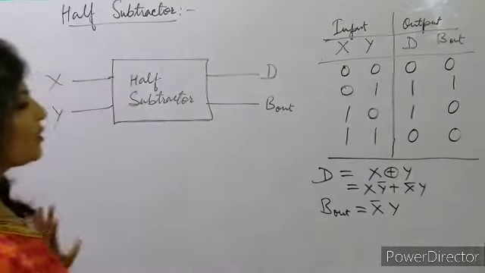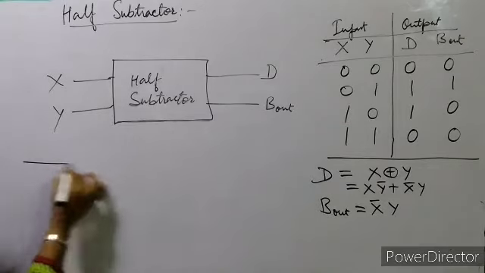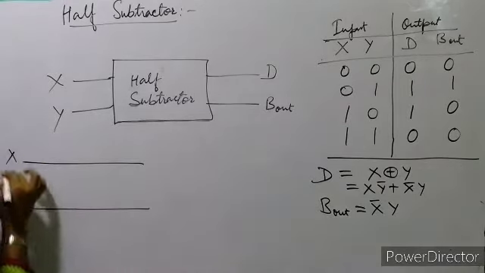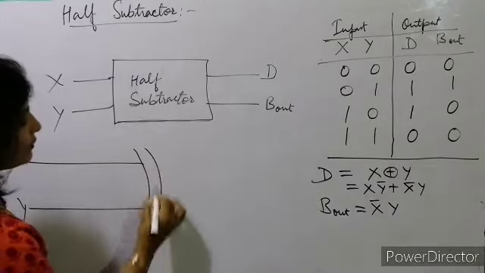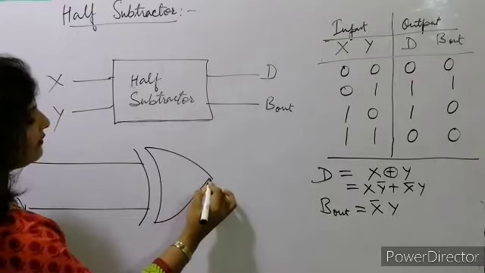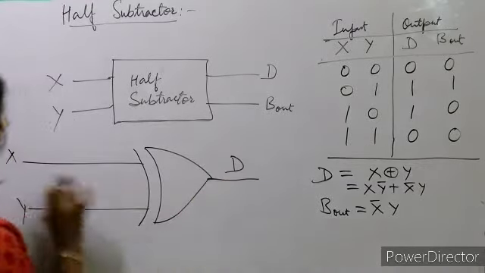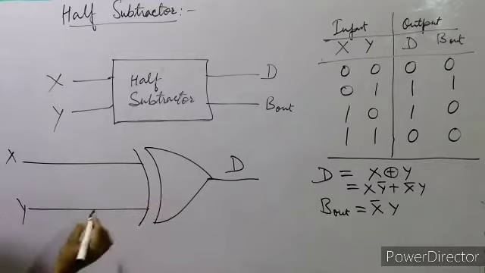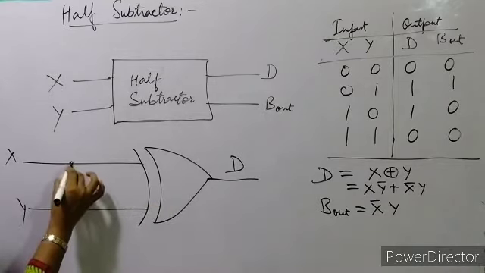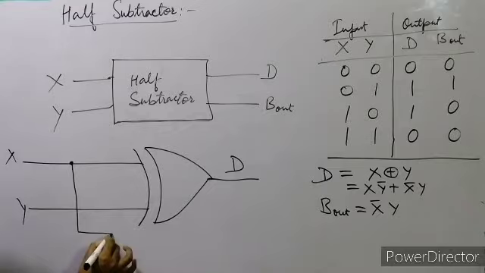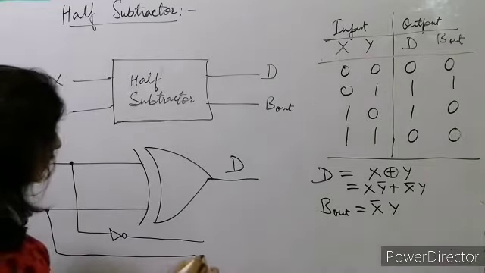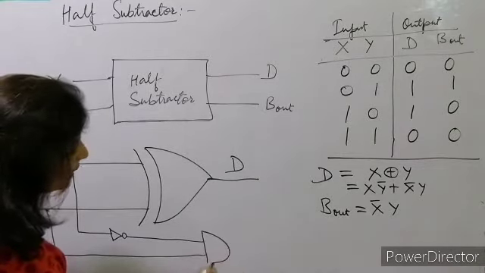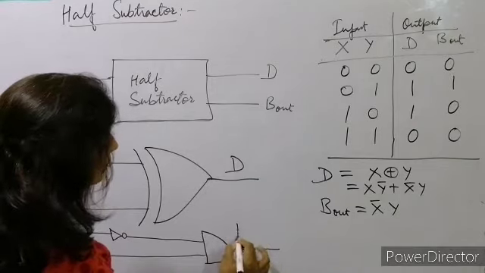Okay. Now based on this one we'll design the circuit. X y. Okay. So x y के लिए first of all we'll do for D. Difference क्या होगा? Difference will be, this will be D. X or y. Now we have to find out the B out. B out के लिए क्या होगा? X का, we have to take x का not. Okay. Complement of x and y as it is. And multiply. So and operator will apply here. So it will be B out.